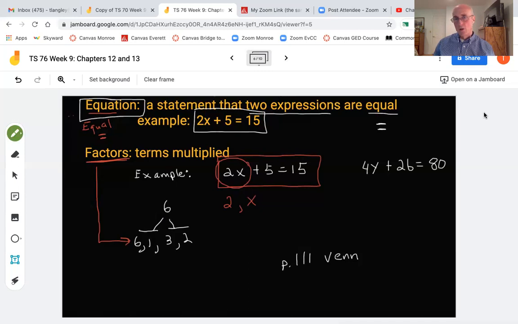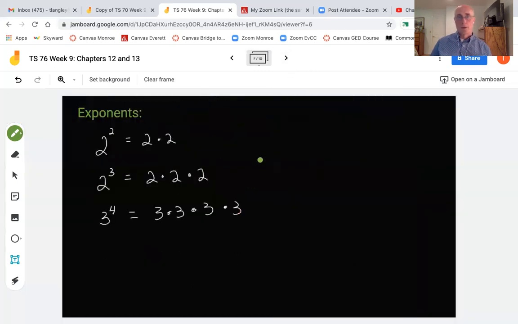Hopefully you can look at that and go, oh, by the way, I'm sorry. I'm looking at this and going, this looks like 26. This is a B here. Sorry, the letter B. I'll write a B above it, a little arrow here. It looked like 26. It really still looks like 26. All right, so that's 4y plus 2b. What are all the factors? 4, comma, y, comma, 2, comma, the letter B. That's a better B. Those are all 4 factors. Make sense? Hopefully you're starting to see it's all the things multiplied times each other.